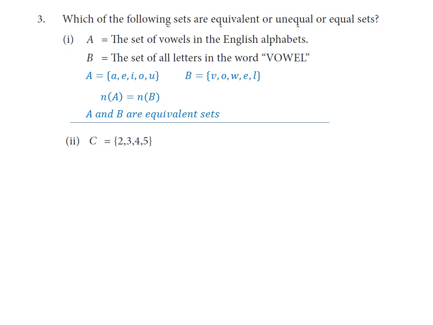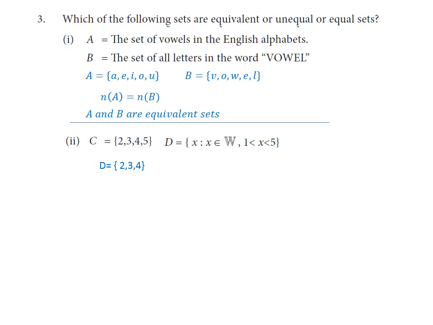Next one: C is equal to 2, 3, 4, 5, they have given. A set D contains the set of all x belongs to W, whole numbers, 1 less than x less than 5. So the set C contains 4 elements, and there is no need to do anything in the set C. We have to write the elements for the set D. So while writing, you will get 2, 3, 4 only. The set D contains 2, 3, 4, because x value lies between 1 and 5. We should not take 5, because with less than or equal to 5 we can take 5, but here they have given only less than 5, so we should not take 5.